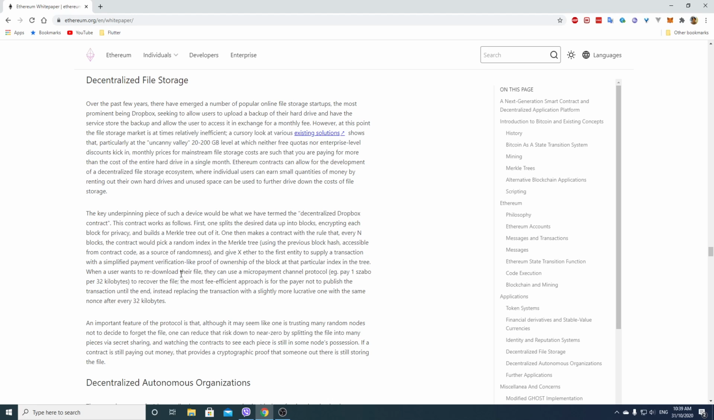When the user wants to re-download their file, they can use a micropayment channel protocol. Pay 1 zeble per 32 kilobytes to recover the file. The most fee-efficient approach is for the payer not to publish the transaction until the end. Instead, replacing the transaction with a slightly more lucrative one with the same nonce every 32 kilobytes. Okay, so the idea here is that